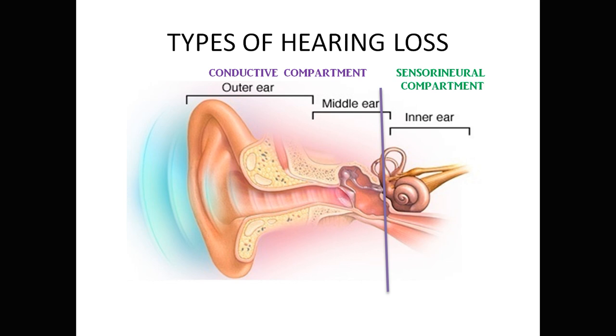So the major role of outer and middle ear is conduction of the sound. So the outer and middle ear role is efficient transmission of the sound. Whereas your sensorineural compartment, that is our cochlea and nerve, is majorly responsible for processing of the sound. What is the sound? Whether it is a pure tone or a speech or noise, these frequency specific informations are coded in the cochlea and nerve.